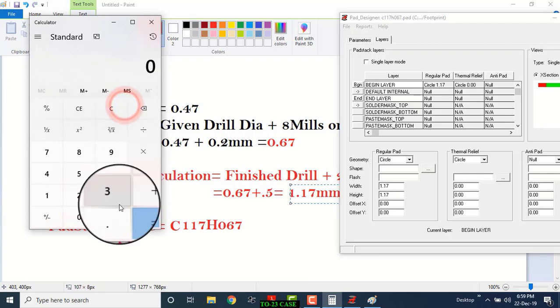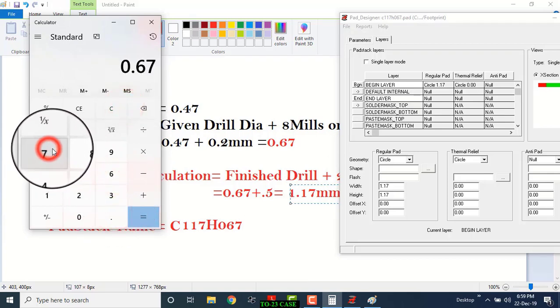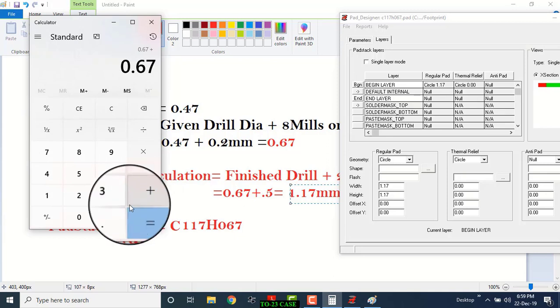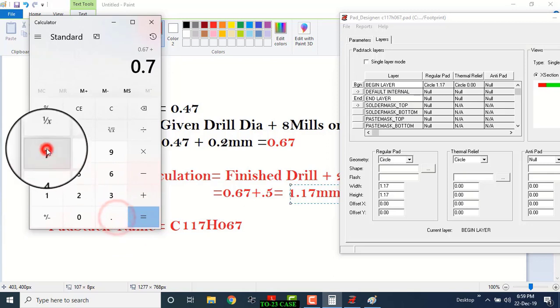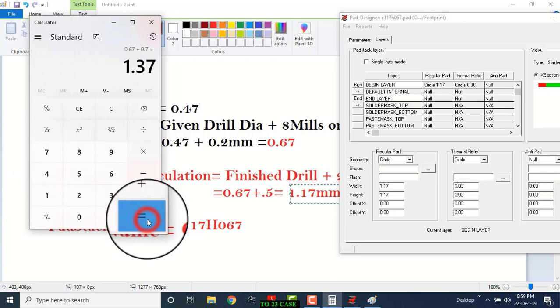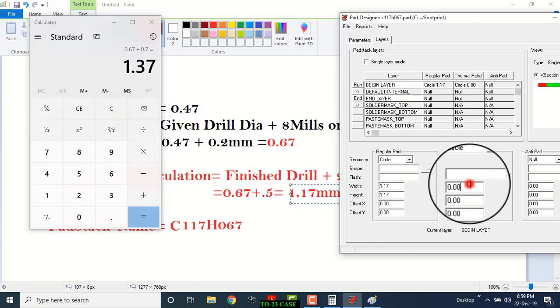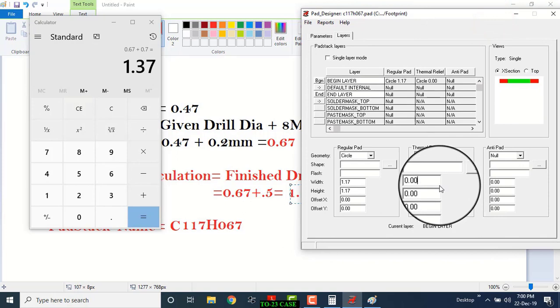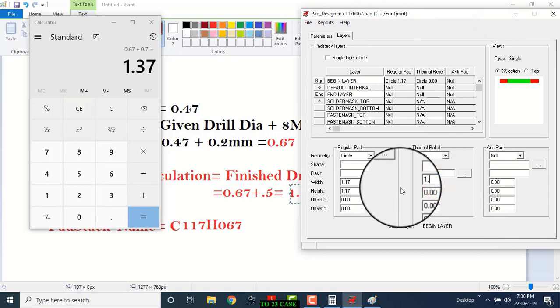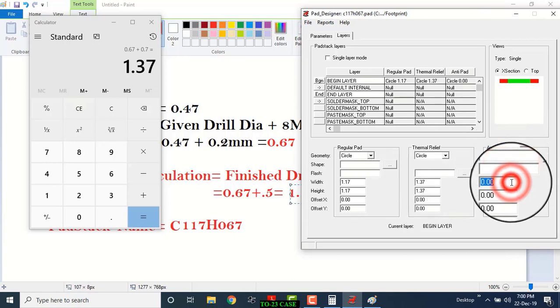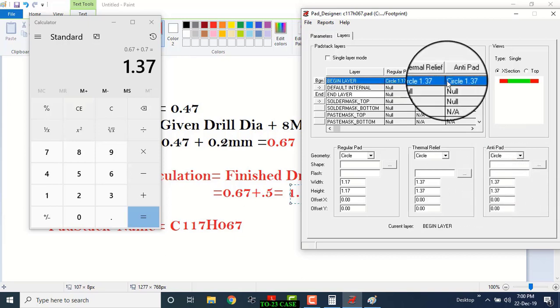Our finished drill is 0.67 mm plus 30 mils, which equals 0.7 mm, so 0.67 plus 0.7 becomes 1.37 mm. Right here 1.37. Anti-pad is the same as the thermal pad, 1.37 mm. Now get it?